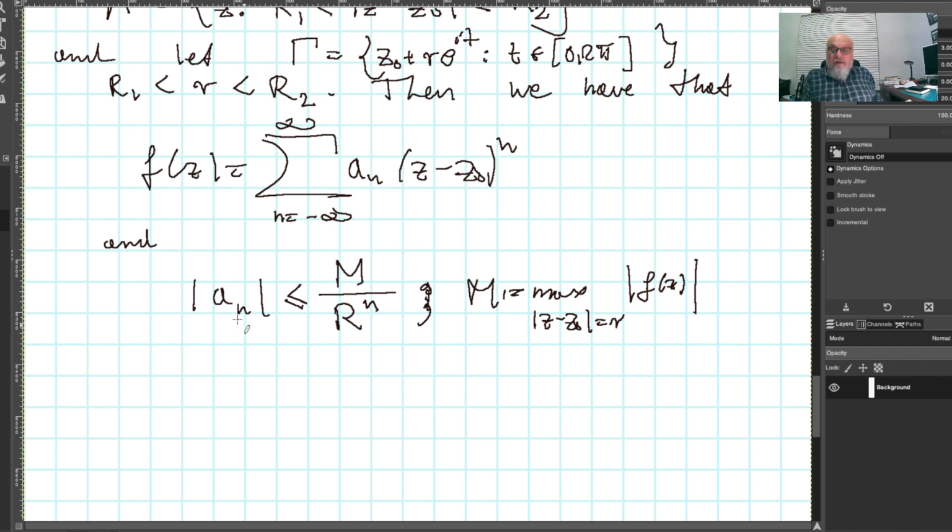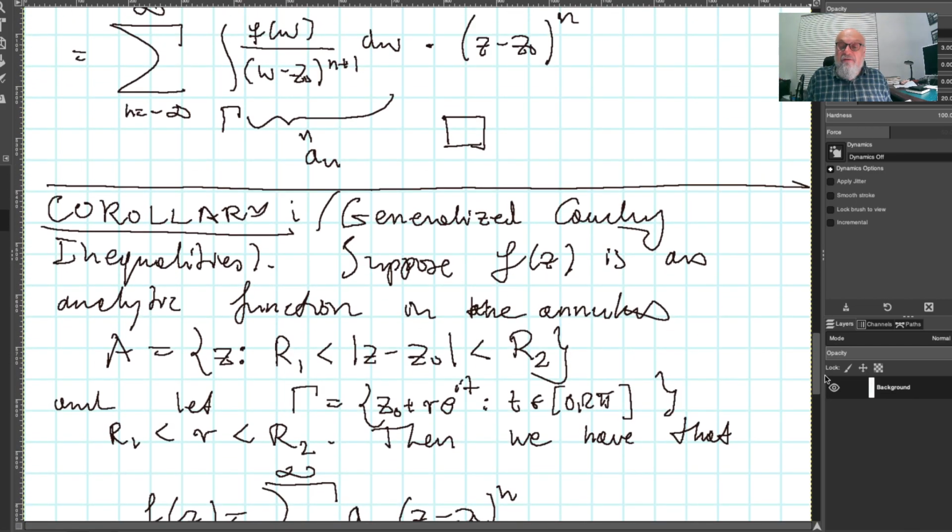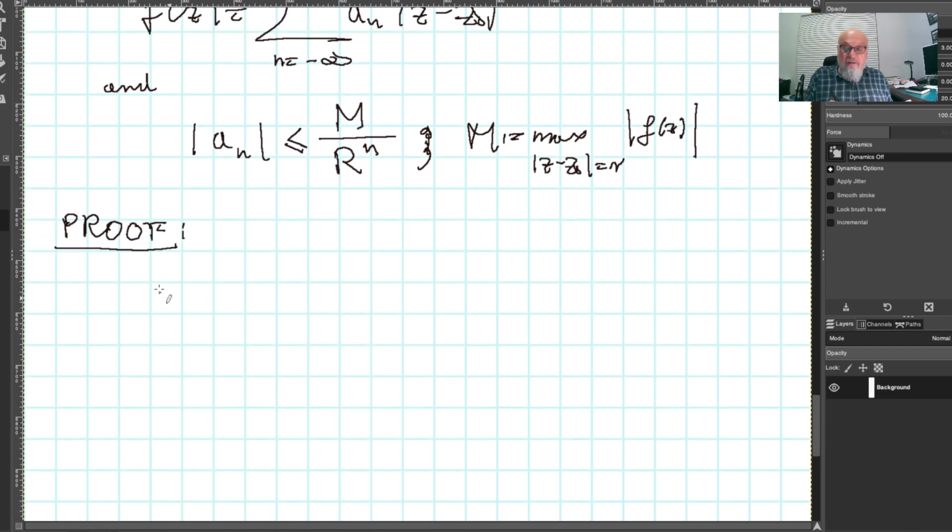Notice that in the case n is negative, it's not exactly a division, it's just multiplication by a positive power of r. So maybe a little proof, just to show you that we do not lie to you. Here we have this formula, so let me write it down. The absolute value of a_n is 1 over 2 pi i, the integral over gamma,